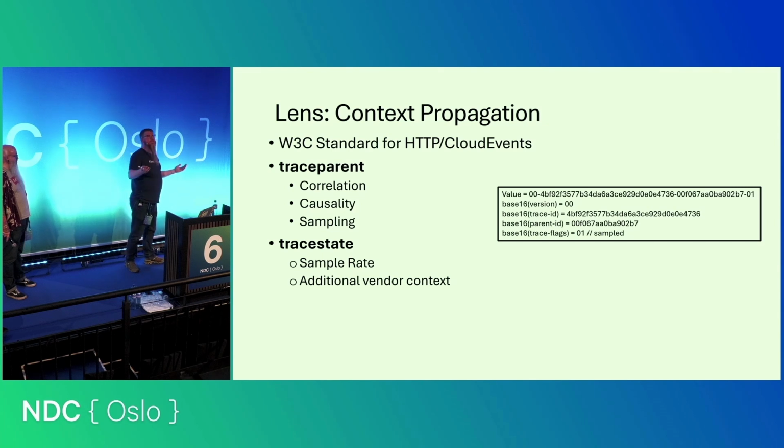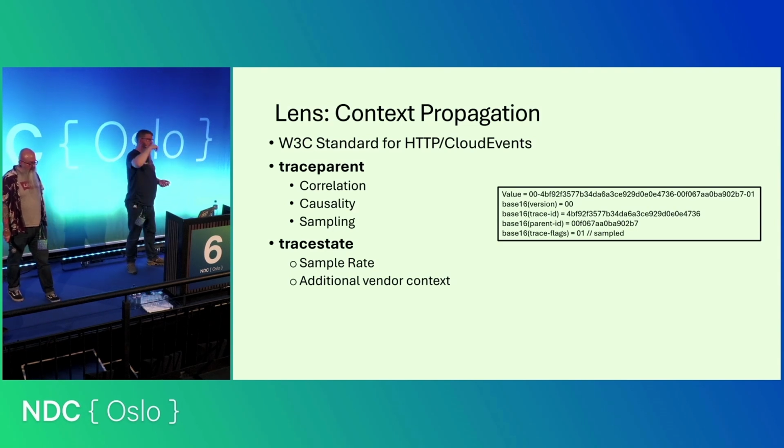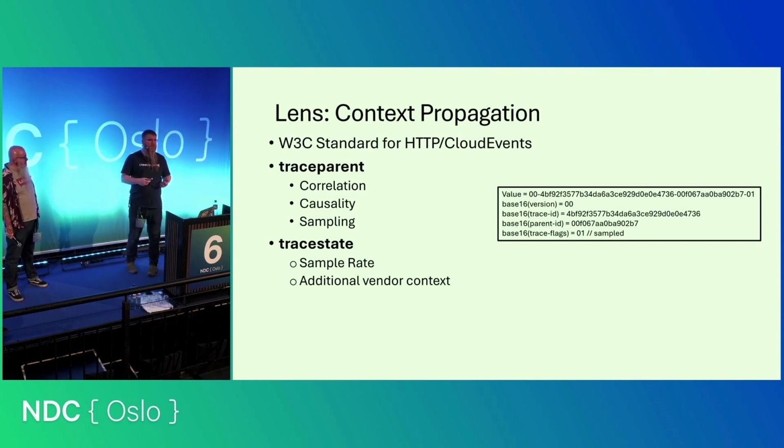Now, I would imagine that most people have used a correlation ID in their time. They've added a header that says, oh, this is the unique ID of my request, and then in a downstream system, you've pulled it out and then added it to all your logs or added it to all your console output and been able to see it. Now, W3C trace context takes that to another level.